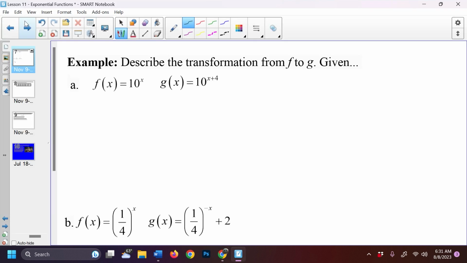All right, let's talk about describing some transformations from the given graph. Here I see one transformation, and if I go back in there, I could say, okay, I've got f of x is 10 to the x. That's going to be my parent function. If I'm adding 4 here, if I follow my order of operations, if I plug in a value, say x equals 5, what's the first thing that happens to it? I'm going to add 4 to it. So I'm adding to the variable before I do the exponent. That means that this is going to be a translation